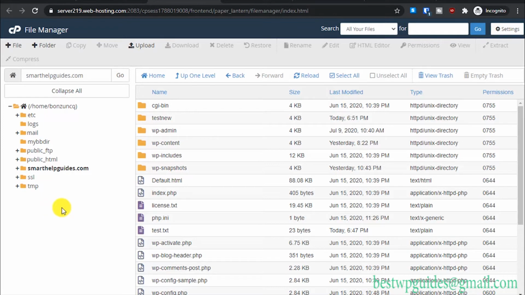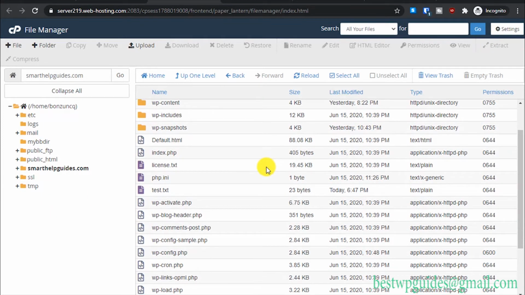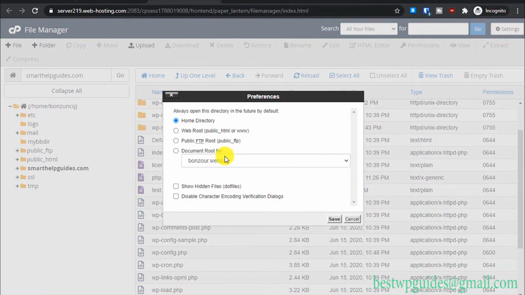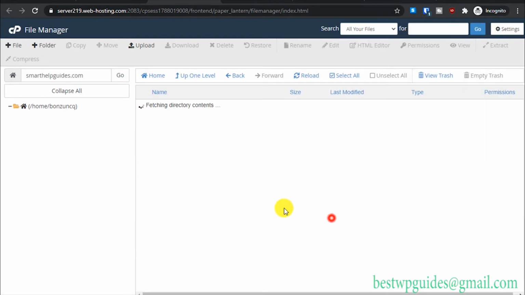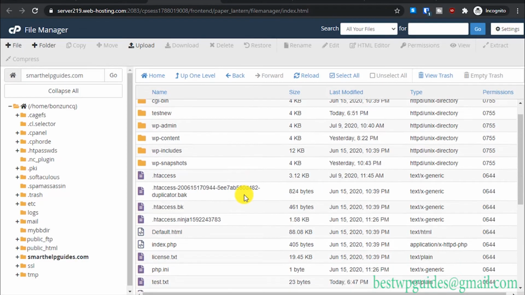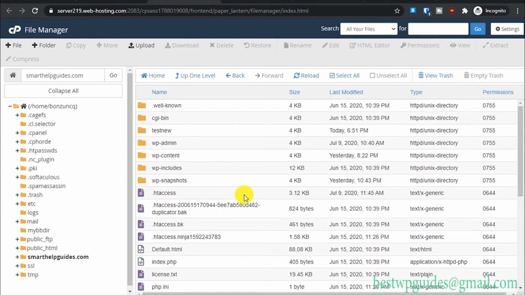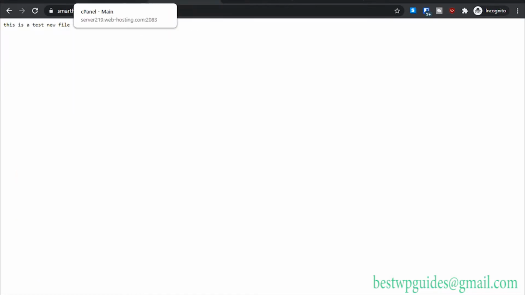So this is how it is set by default, but you would need to edit the htaccess files for various reasons. If you want to edit it and you cannot see it, go to settings, click on this option, tick show hidden files, and click on save. Okay, so I think I have covered the file manager, and now let's close this tab and go back to